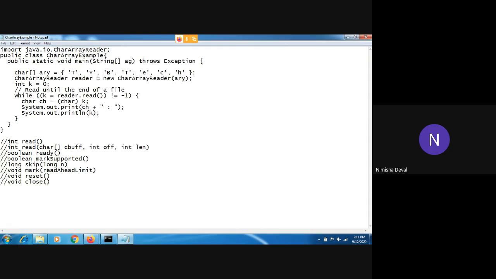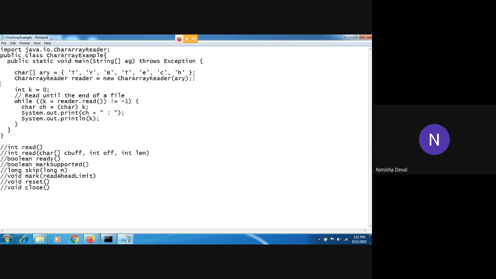I will give some space so it will be easy for reading. Now you can see, right now we are using only character array reader in our program. That's why I have fetched only that package in my program.